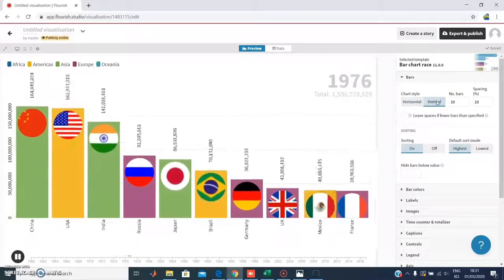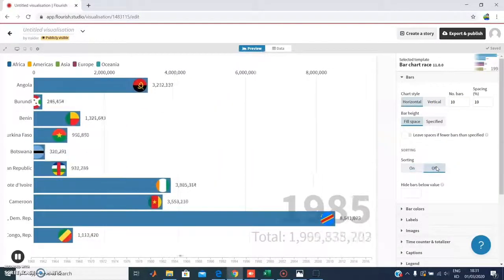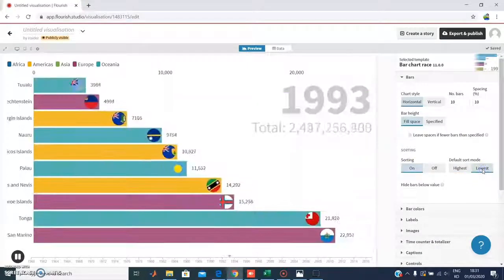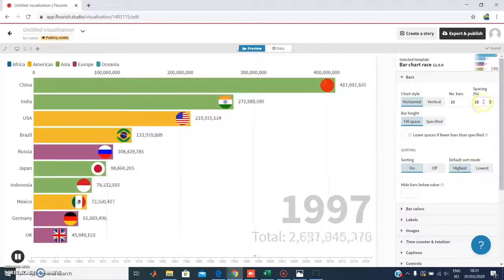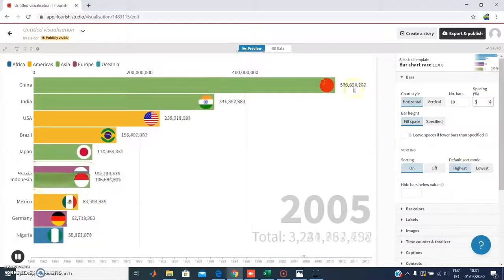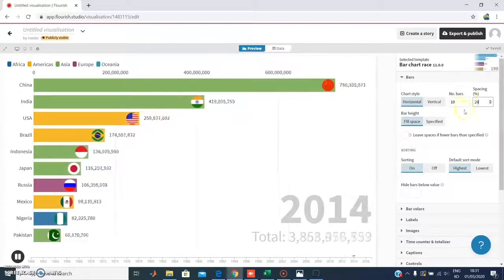As you can see, you can change the chart style from horizontal to vertical, and you can also sort the bars based on their values, from highest to lowest or from lowest to highest, depending entirely on the data. Also, you can increase and decrease the spacing between the bars. As you can see, before it was a lower percentage, now I've made it 20,